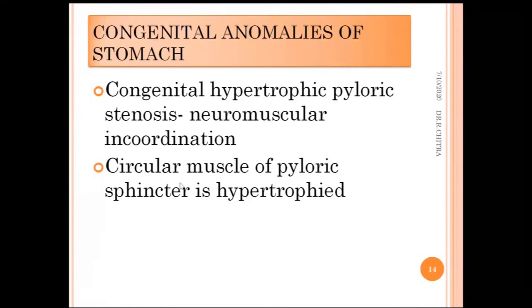So in this class we have covered the congenital abnormalities of the stomach also. We started with the development of the alimentary system, and we have seen the foregut derivatives, starting with the development of the esophagus and stomach, and we have completed that in this class. The remaining parts of the foregut derivatives we will see in the next class.